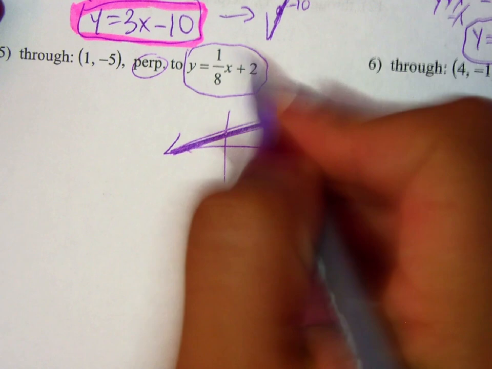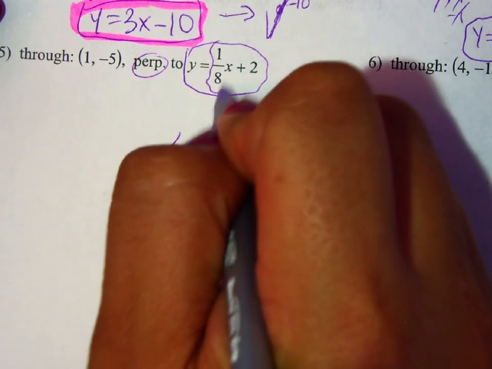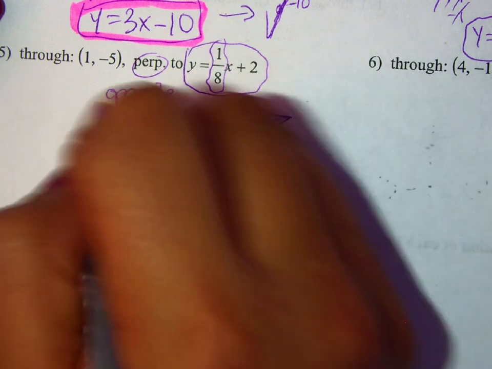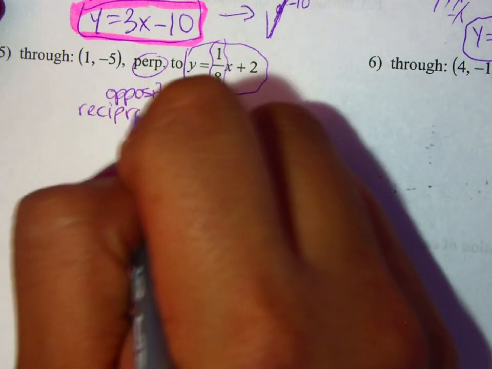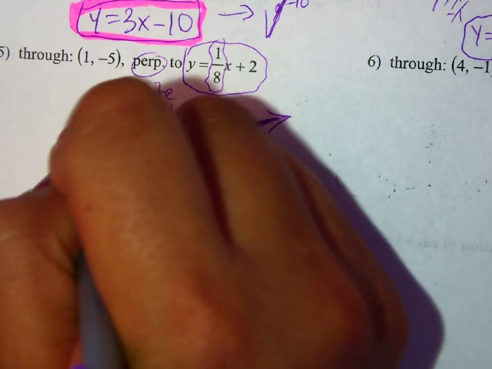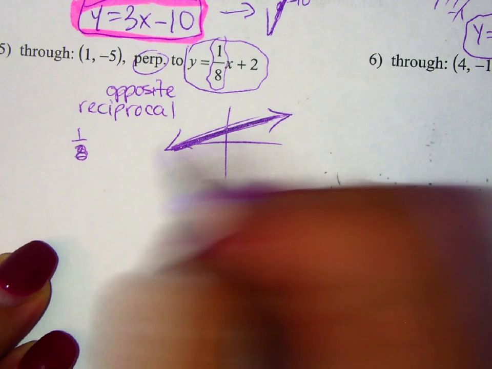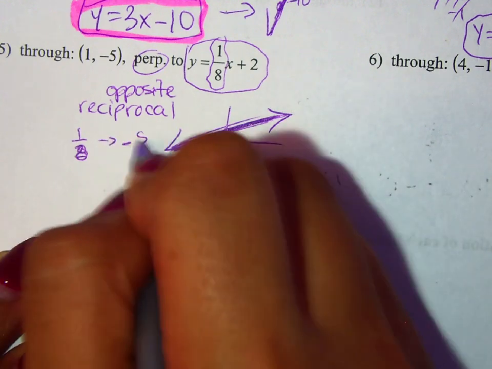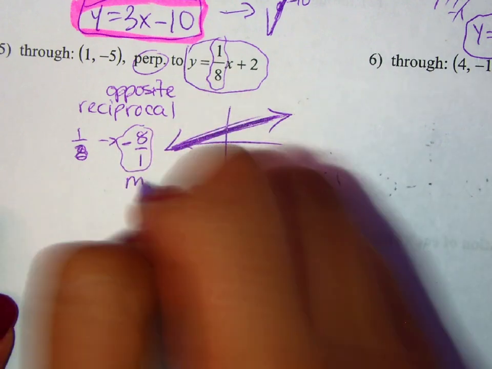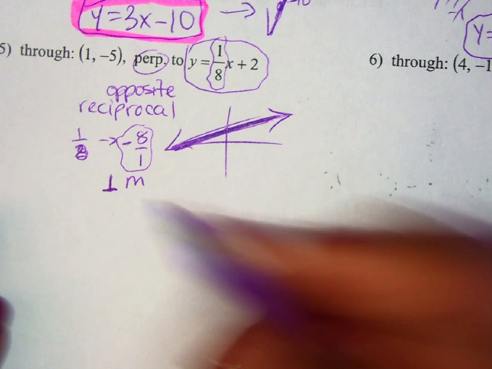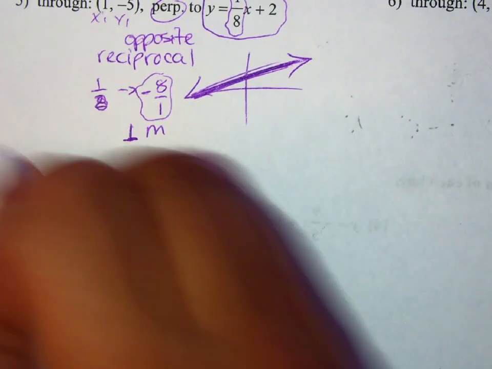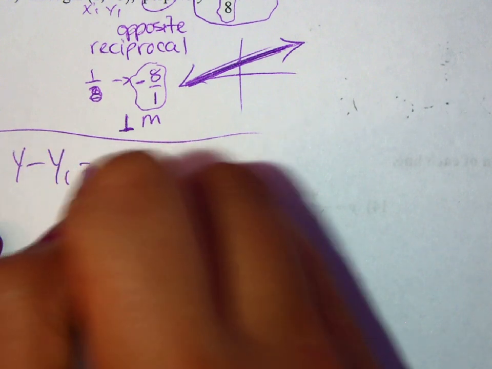And the only way we can do that is by looking at the slope and doing the opposite, meaning positive or negative, and then reciprocal, which is where the fraction flips. So this is where 1/8 becomes negative 8/1. So this is the slope we're going to use. That's the perpendicular slope. We're going to use this point x1, y1, and the formula goes y minus y1 equals